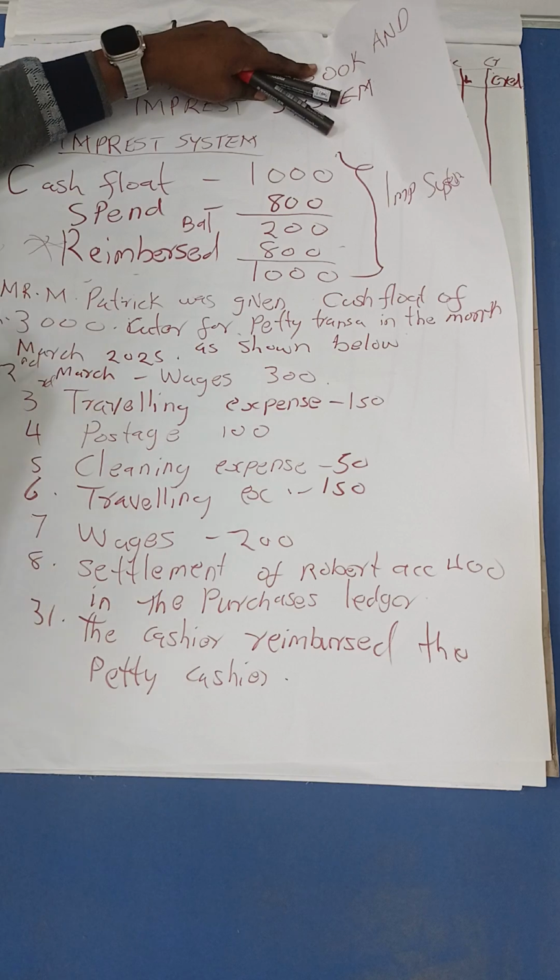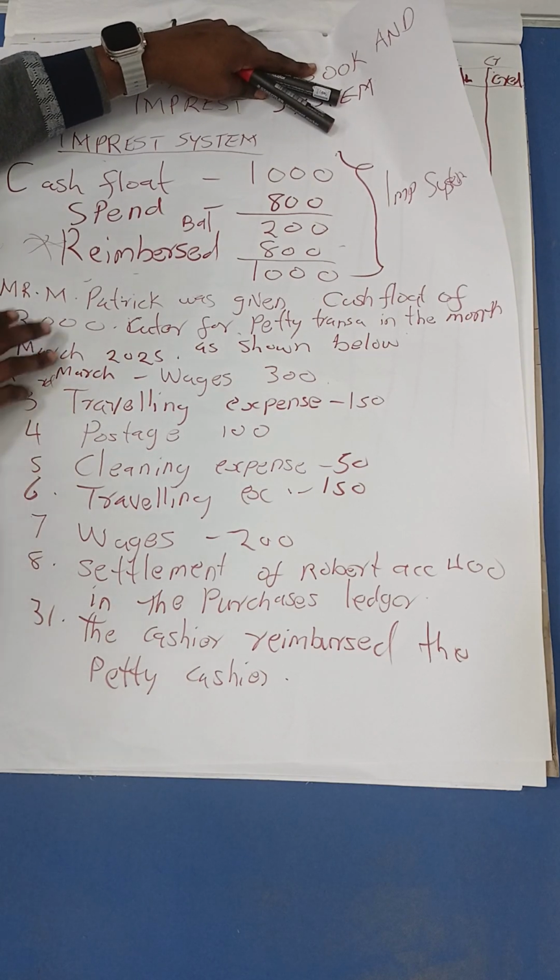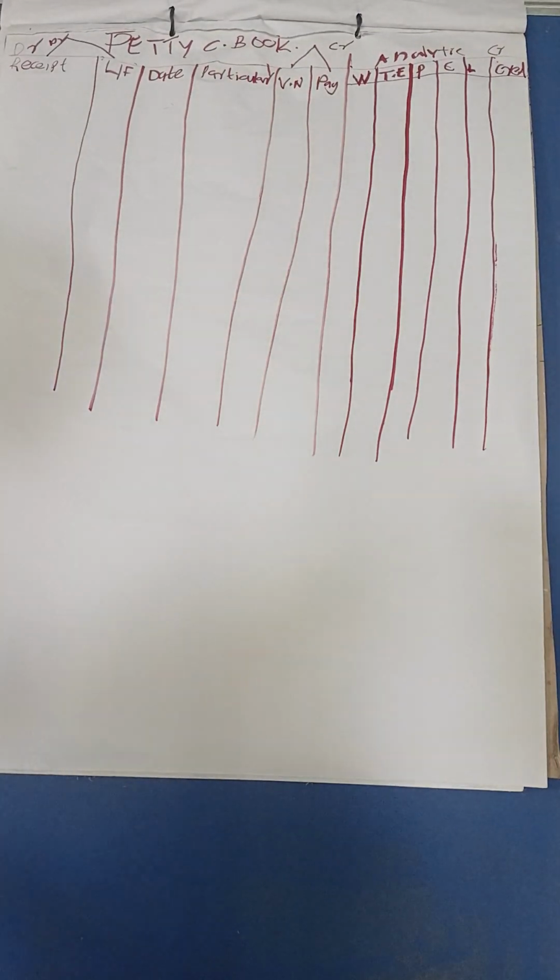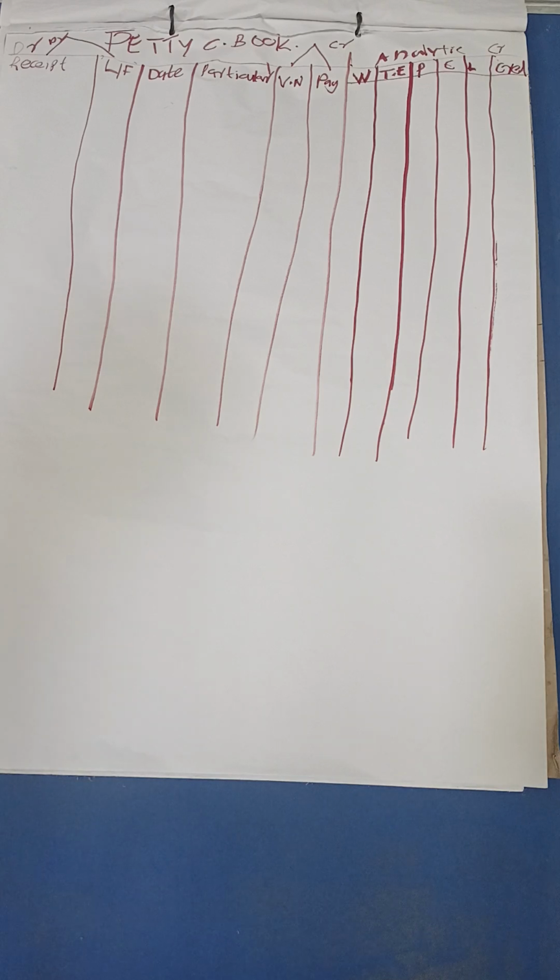So how do you record this 3,000? You'll come to your book. That is the amount you have been given as petty cash. That is what in the Imprest system we call the cash float. So you'll come and say on